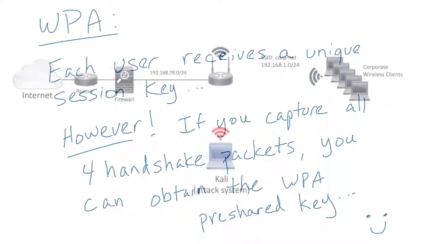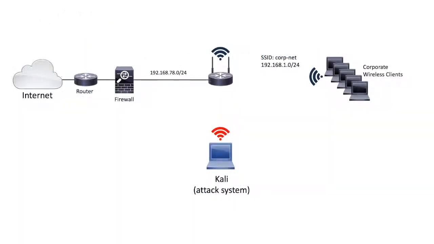So for this example, this is the topology that I'm using. You have a wireless router in the corporate network that is configured with the SSID called CorpNet. And then the wireless network for this example, which is configured via DHCP, is in the 192.168.1.0 network with a 24-bit mask. Now that router is actually connected to a firewall, and then that firewall is connected to